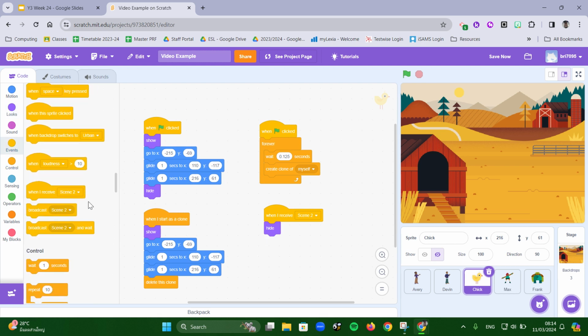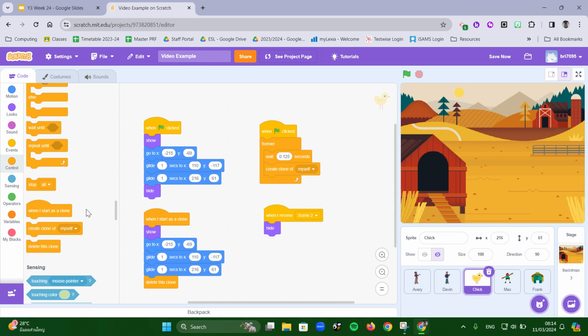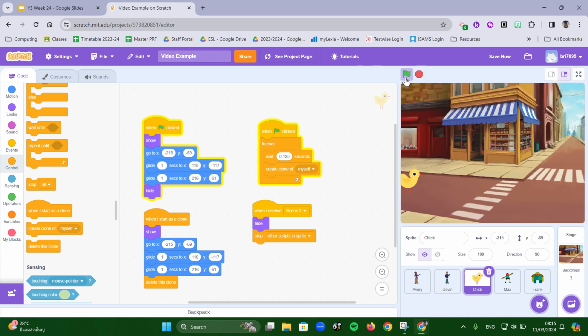And then we're also going to, just to help make it tidy, I'm just going to say stop other scripts in this sprite. Now, if we don't do this, it's not a big problem. This is just a bit of what we call tidying up, just making sure that we don't have anything running if we don't need it. In this animation, it's not going to use a massive amount of objects, but if you were making a big game later on and you've got an object that's not doing anything, it's just taking up memory on your computer that you don't need. So, if we run this now,